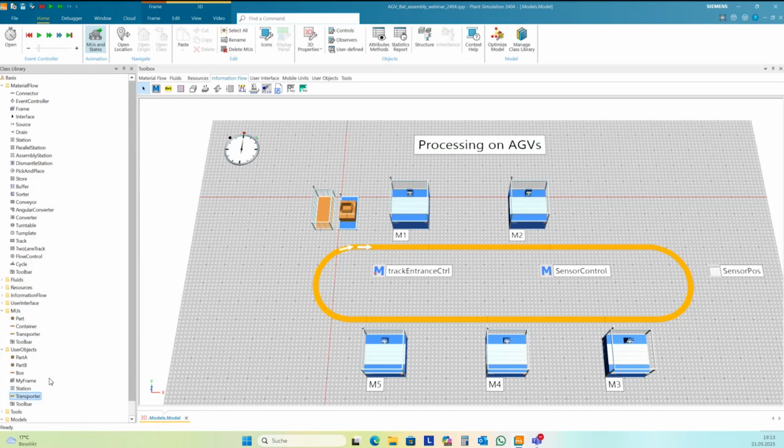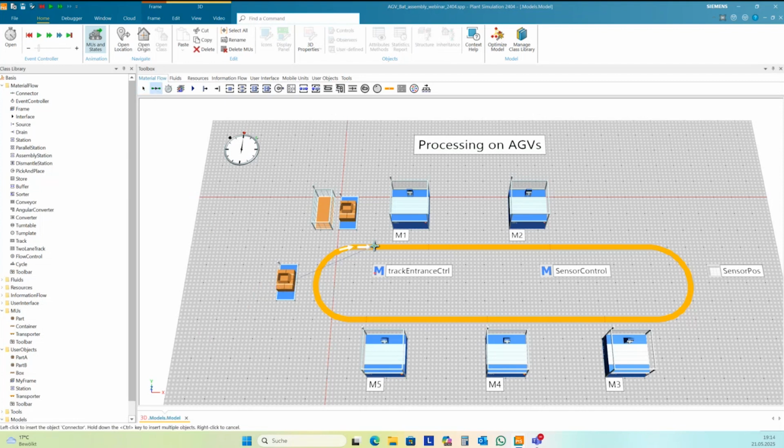one transporter, and I place one additional source here in my frame, the transporter on the source, and connect the source with the entrance of the track to create 5 HEVs here.